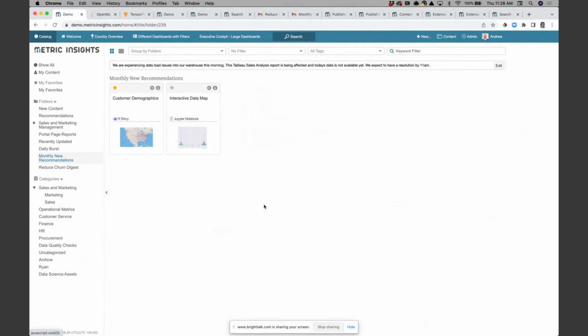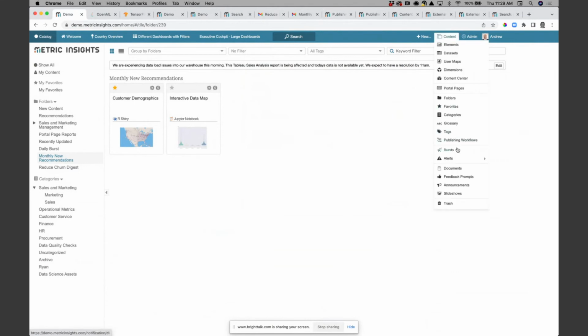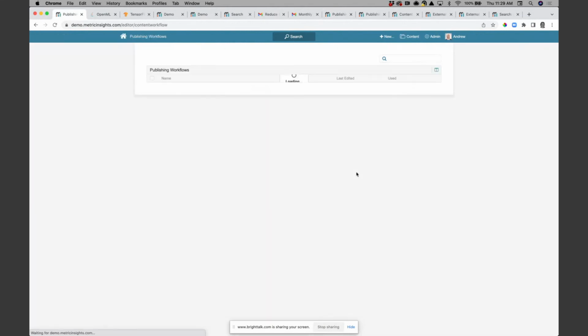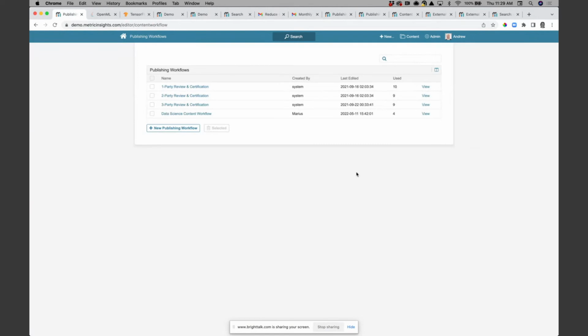So the second piece Marius talked about was then the process for actually publishing this content in the first place. And there needs to be this ongoing, he showed the infinity diagram around publishing content and then reviewing it and attesting that it's still relevant. There needs to be a process for doing that within the portal. And the way we support that is through the concept of what we call publishing workflows. So be it whether you're publishing a BI dashboard or one of the data science assets that we've been looking at,